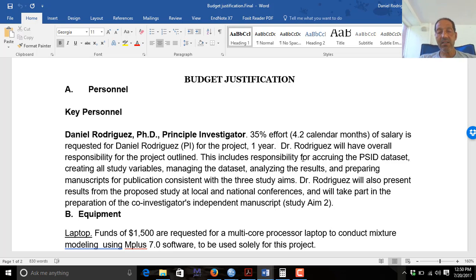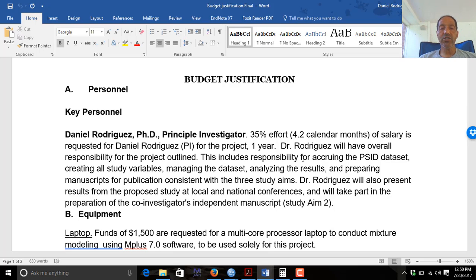Now it's interesting that this is a high percentage, 35%, but in general you don't want to have more than 25% of your salary covered. The final grant that I received, I have it at 25%. So this is probably a preliminary budget that we were working on. We have to translate that budget into calendar months. If we multiply 12 months, so at that time I was a 12-month employee, by 0.35 we get 4.2 calendar months. So these are all terms that are used in grant writing, so you have to become familiar with them.